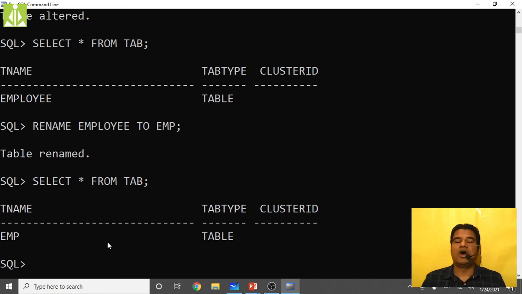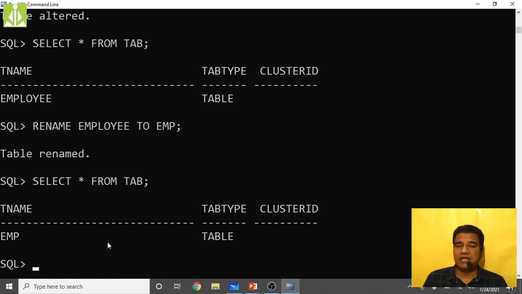Okay. So see, alter table we have seen for different purposes: adding a single column, adding multiple columns. Okay. Modifying or removing a single column. We cannot remove multiple columns using alter table. We can only remove a single column. Okay. Removing a column, that we have seen. Then modifying the type of a single column or of multiple columns, that also we have seen. Renaming a single column name, that we have seen. Then renaming the complete table, that we have seen. And renaming the complete table using the rename command, that also we have seen.